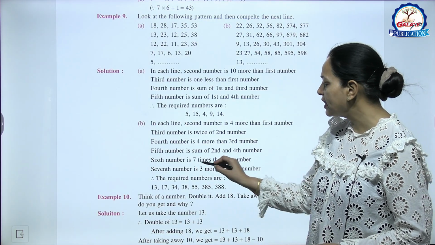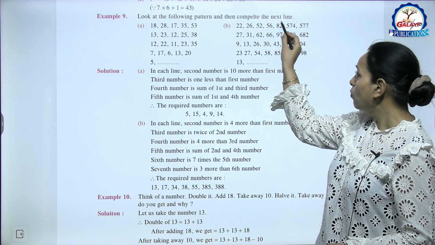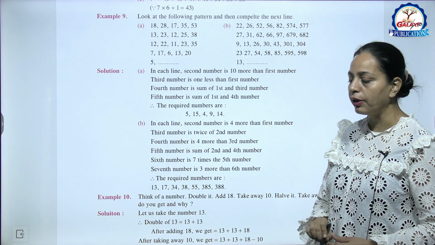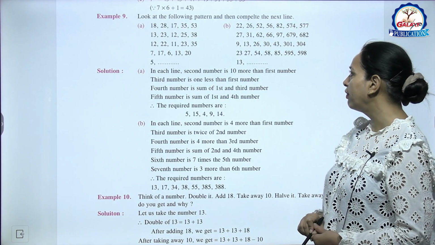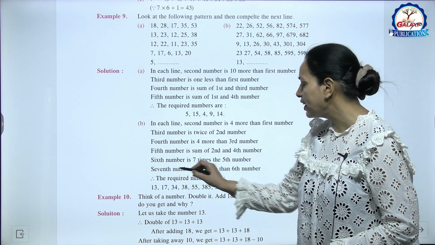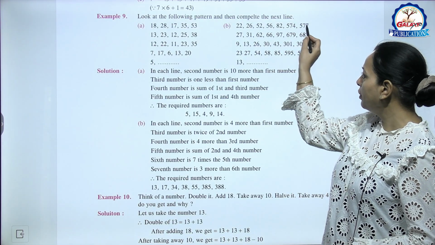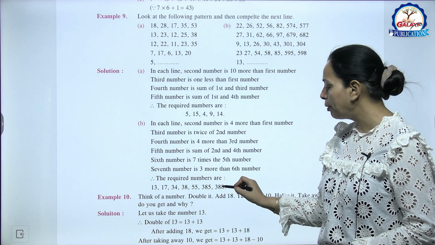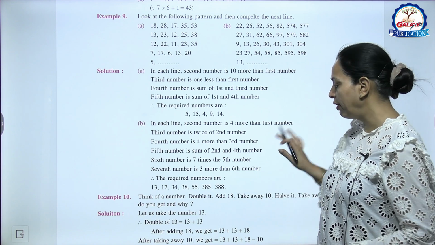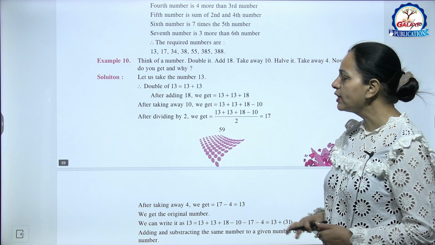Now the sixth number is 7 times the fifth number. जो सिक्स नंबर है वो 7 टाइम्स है फिफ्थ नंबर के, तो फिफ्थ नंबर को हम 7 से मल्टीप्लाई कर देंगे 385. नाउ द 7th नंबर इज 3 मोर देन द 6th नंबर, और 7th नंबर 3 मोर है 6 नंबर से, सो +3 कर देंगे 6 नंबर में, दैट इज 388. So very interesting. Now example 10.